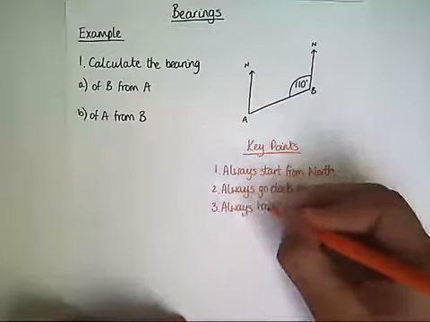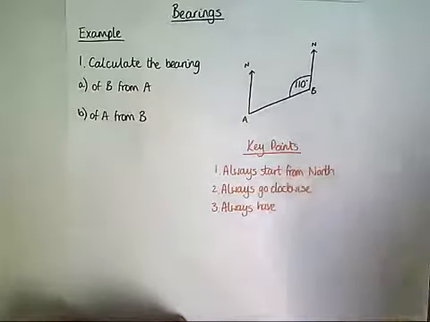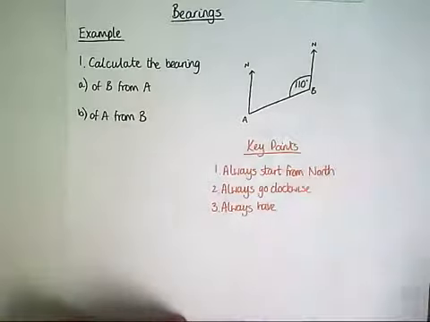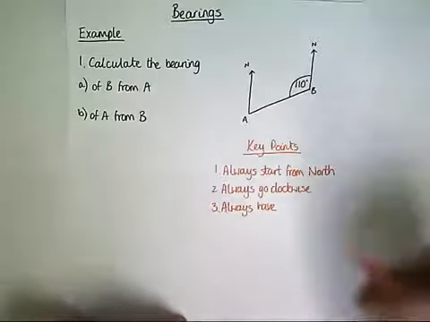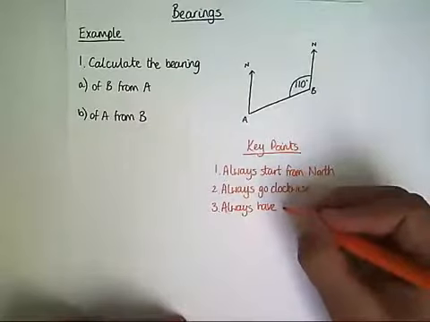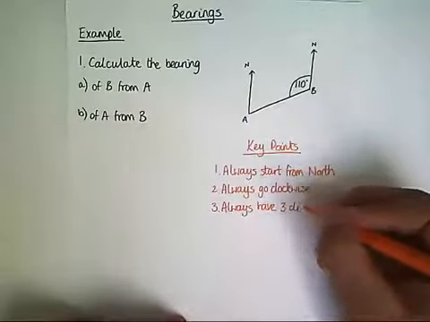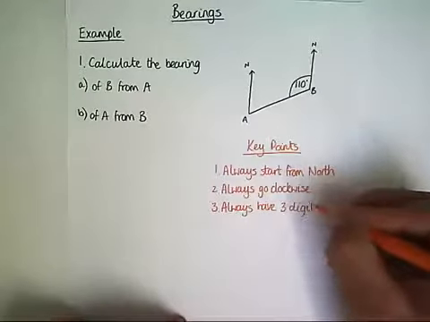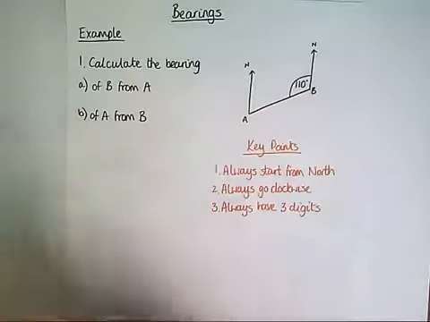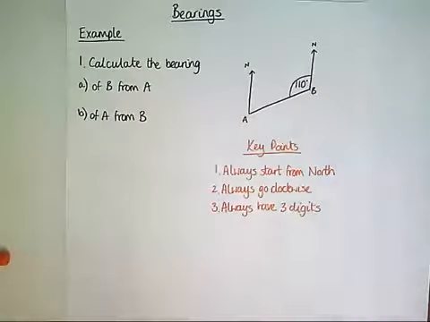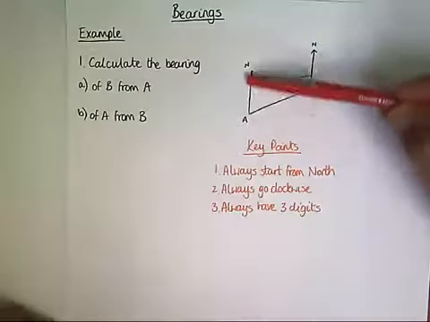So if we have a bearing of an angle that's less than 100, we put zeros in front so that they still have three digits. Okay, and then we just make sure we adhere to those three key points. And then we just use angle rules, okay? It's sometimes just real basic angle rules, angles on a straight line and angles around a point. It will also involve some angles in parallel lines, because if we've got more than one line going north, okay,